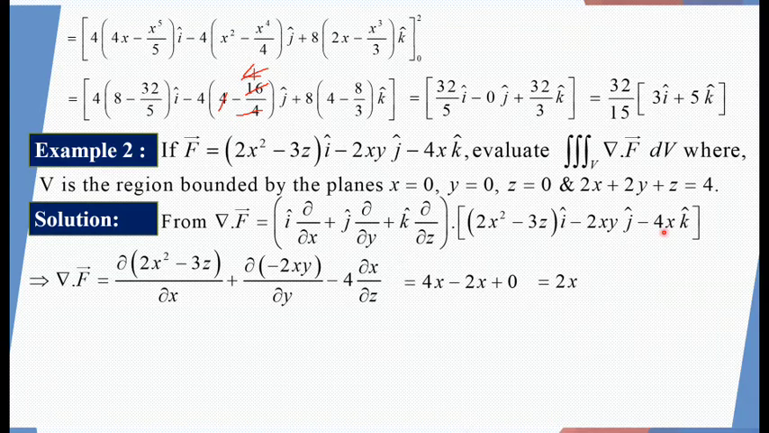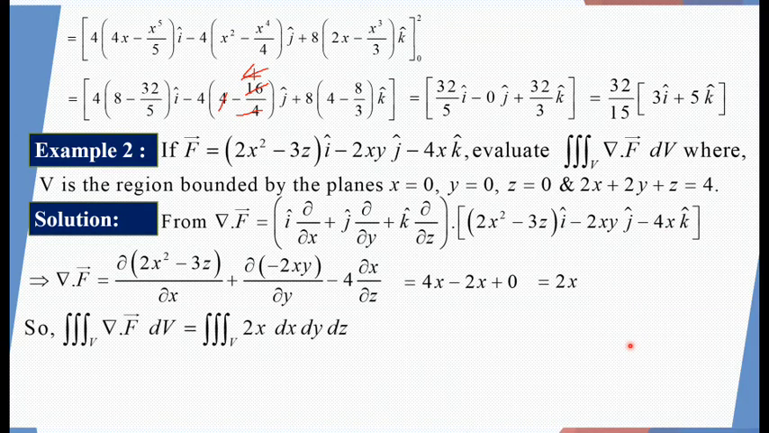Now we have to find the triple integral over V of del dot vector f dV. So it is the triple integral over V of 2x dx dy dz. Now find the limits, and the limits come from the boundary, and the boundaries are x equals 0, y equals 0, z equals 0 as the initial limits, and 2x plus 2y plus z equals 4. So from here z equals 0 and z equals 4 minus 2x minus 2y, and